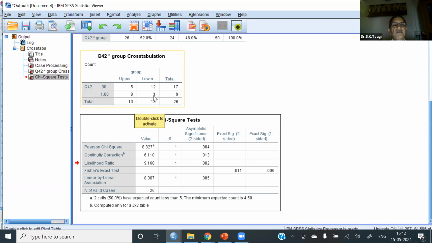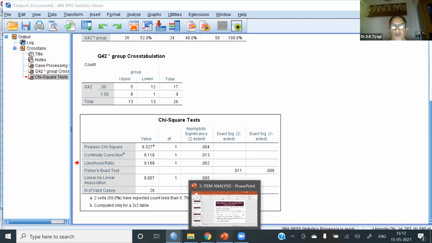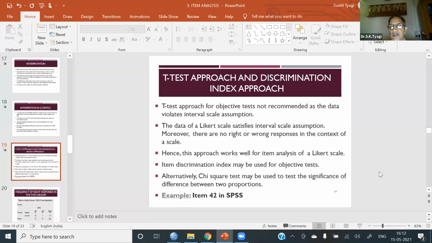That means this particular item is discriminating. Finish. You need not calculate the discrimination index and see whether it goes beyond 0.2 or not. This is another approach. Now let us see how we write the results of this approach.